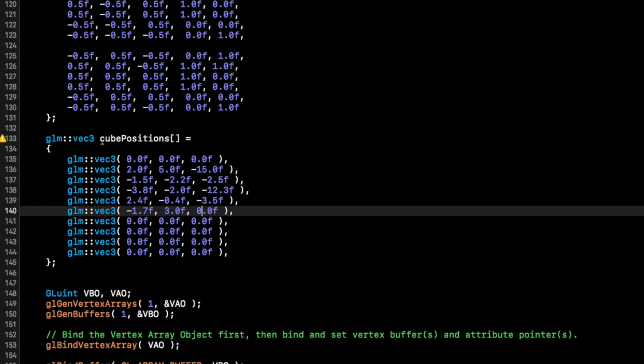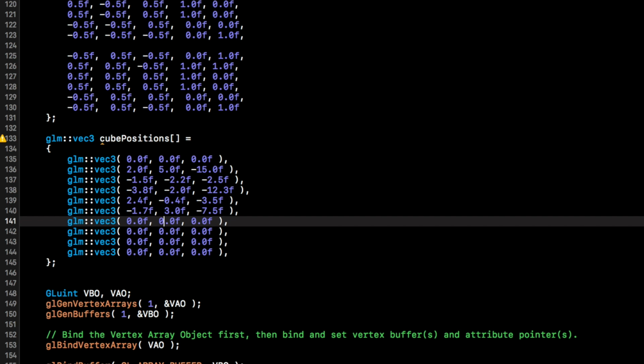The next value is negative 7.5. And there's 4 more vectors left. It's going to be